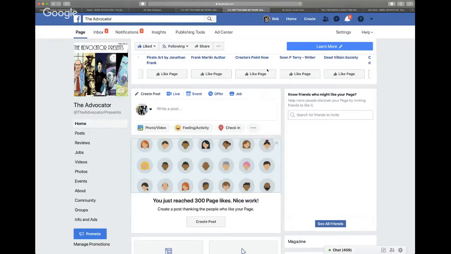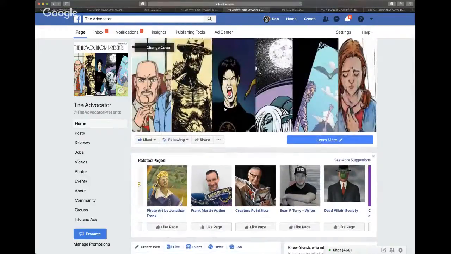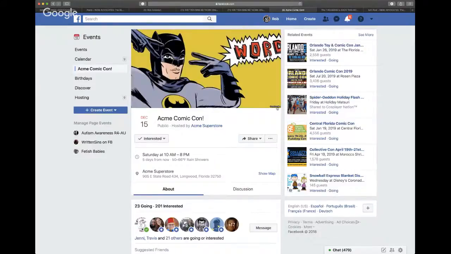And this only works for your page again. Remember, this is our Indie Advocates page, not a group. And if you're doing a show and there's an event page, you can see up there in the corner that says event,